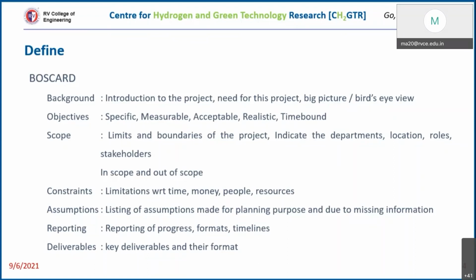Location. Where are you going to do this project? Is it in a company, or is it in RV College of Engineering, or in your own college? Okay, that is about location. Role of each of the members. So if you specify a department, say you say that you need a civil engineer, what is the role of that civil engineer in this project? It needs to be clearly defined and indicated, right? Like that, you should do it for all the members.